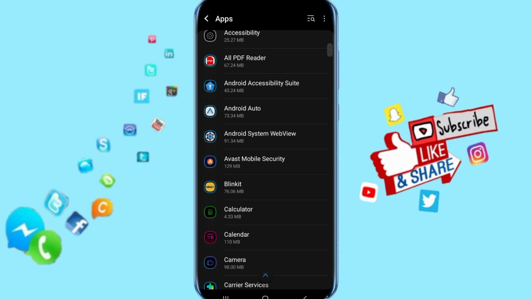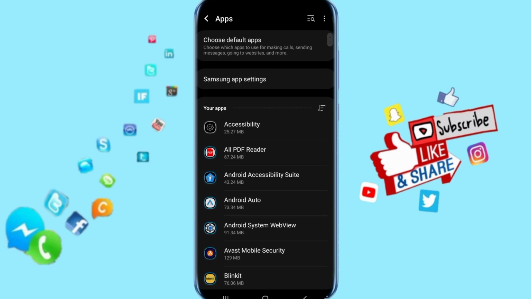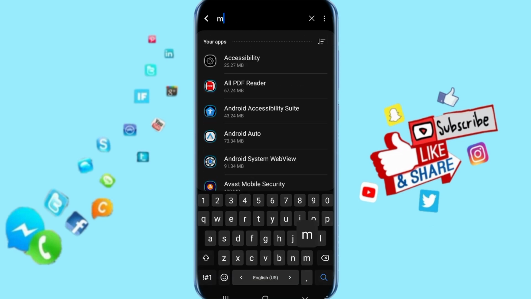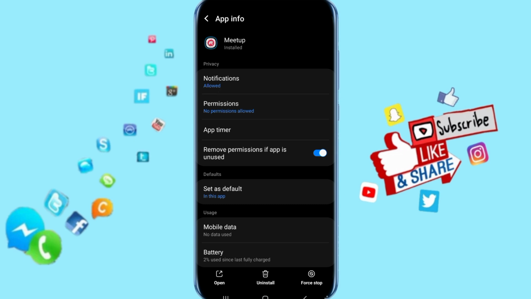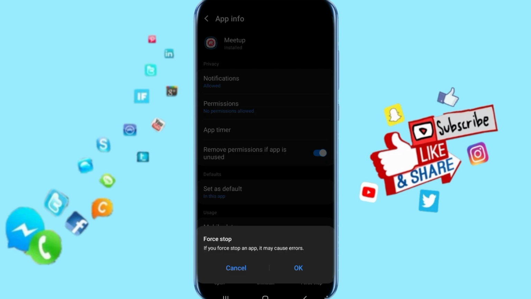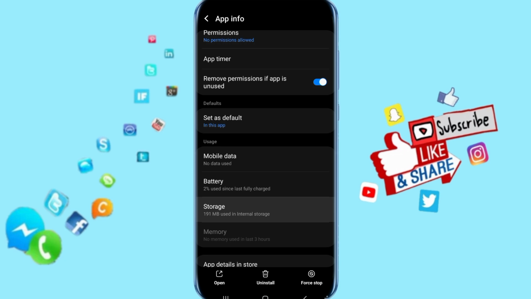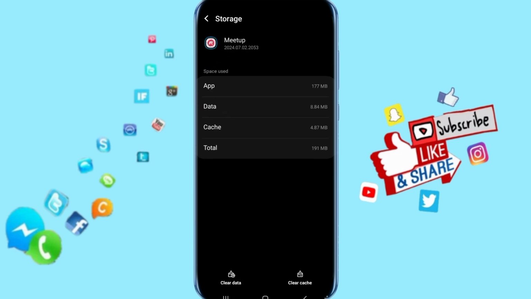Then you come to apps here, and there you're looking for Meetup. Click here on search, then here at Meetup, it's going to show you like this. Click on it. Then it's going to take you to this list here. Click here on force stop, then click OK. Then you go down, click here on storage, and come to the storage list here. Then you click here on clear